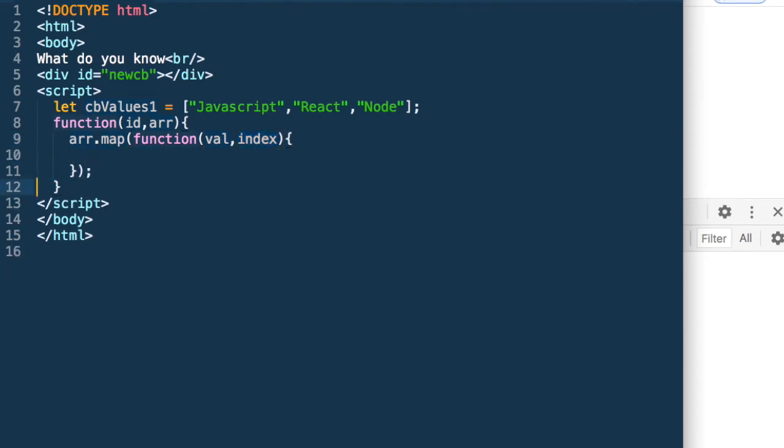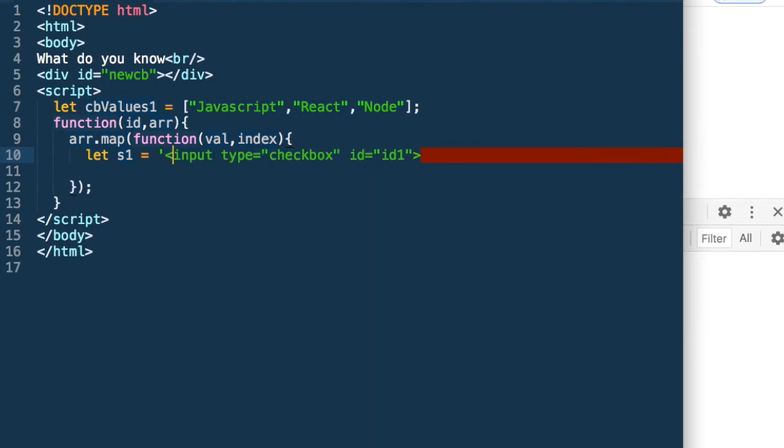So now that I get that, I can say let s1 is equal to input type is equal to checkbox. What is ID? ID should be plus ID plus index. So we get the ID we were looking for. And then what do we need to show? We need to show the text.